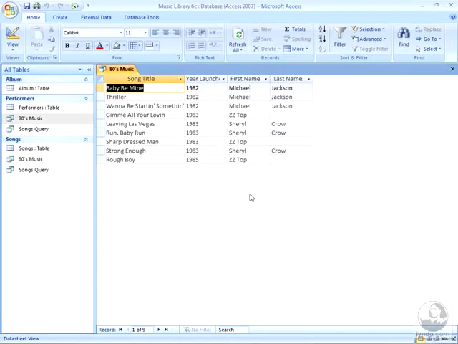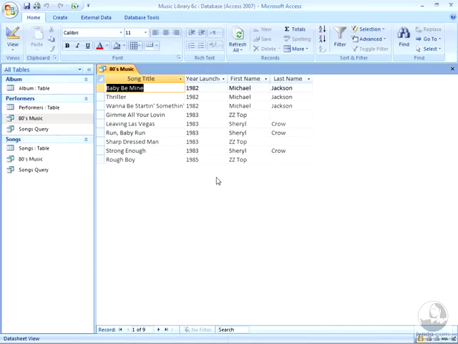As you run queries in Microsoft Access, it may be useful on occasion to get a running total of the number of records that are returned in a query. For example, here where we've been running our query called 80s music in the previous lesson, it might be nice to see a total number of records that have been returned from our database based on some criteria that we